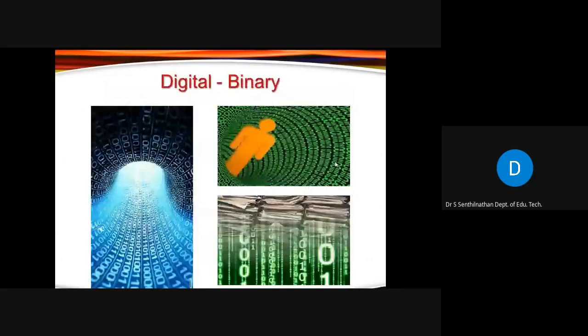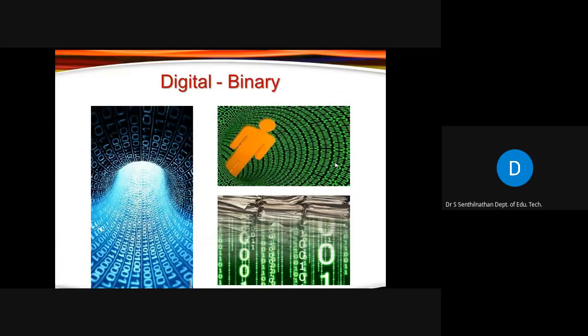And when we talk about digital learning, digital technologies, some of you may know the origin of the word digital. Digital, as you can see on the screen, is all the binary, the zeros and ones. All these digital technologies are based on this binary code, as we know already, 1 and 0, or 0 and 1.